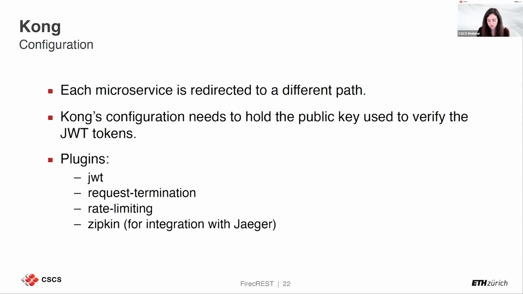This is important to protect the microservices from malicious attacks, but it is also important to protect from buggy code that could be stuck in an infinite loop by mistake and overwhelm the system with a lot of requests. And finally, we have the Zipkin plugin, which Zipkin is a tracer, but we don't use it